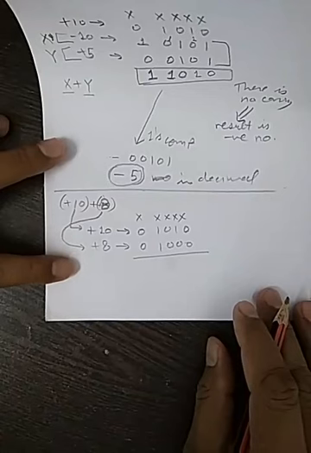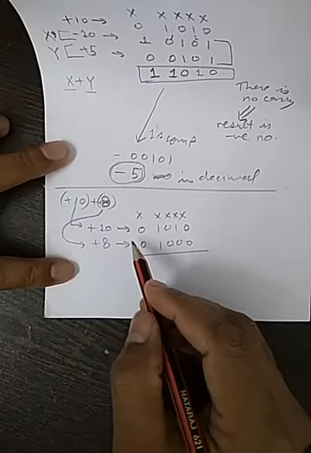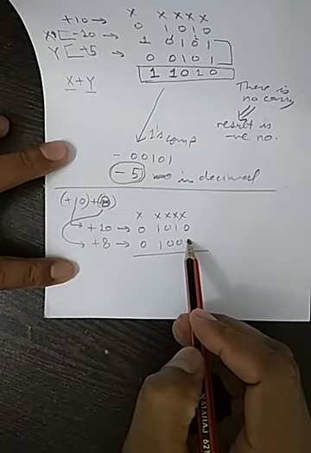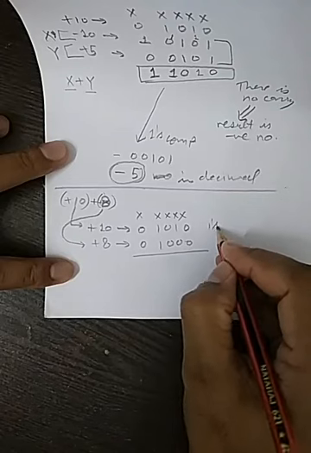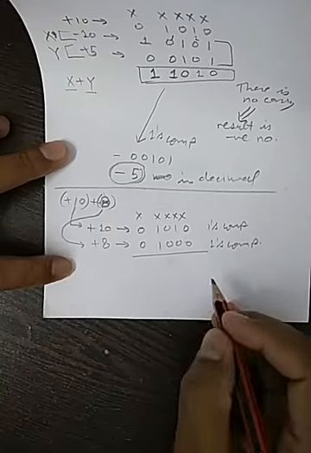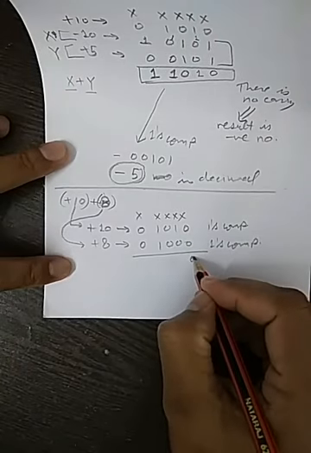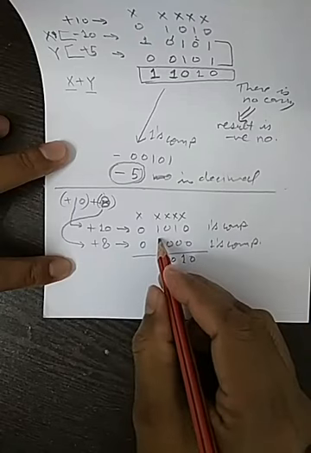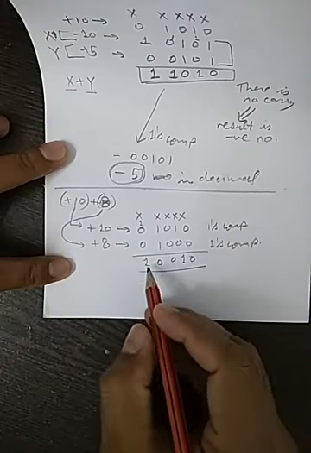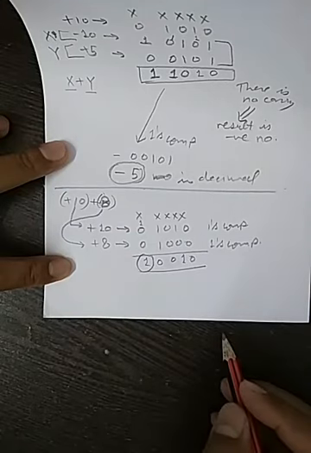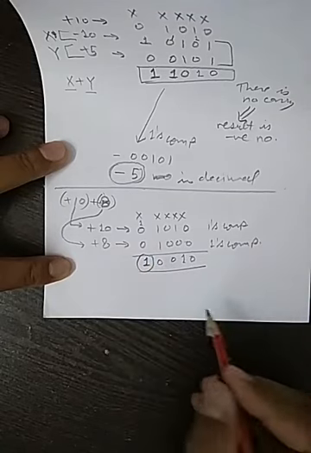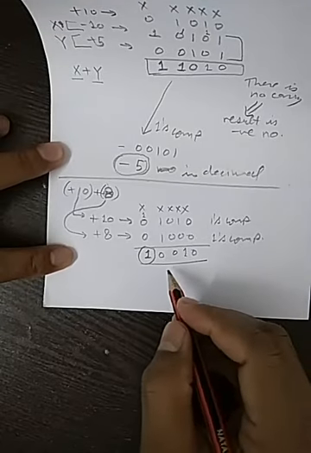Okay, look at this number. We have represented both the numbers in 1's complement. This is also 1's complement. So now the next process will be to add these numbers. Let us add this, and we find 1 plus 1 is 0, 0 plus 1 carry, 1 plus 0 plus 0 is 1. Look at this one. What is happening over here? If I look at this number, my sign bit has changed. My sign bit has changed.